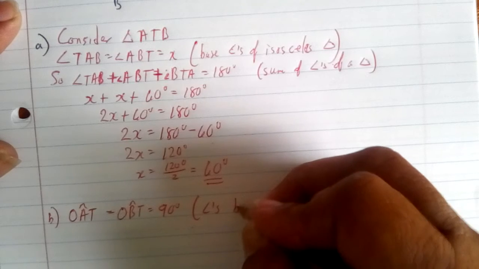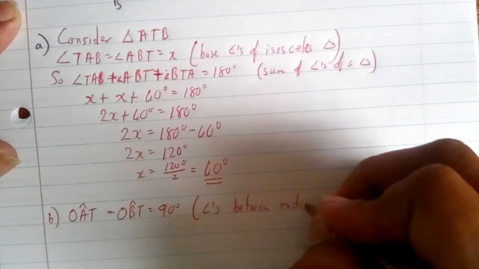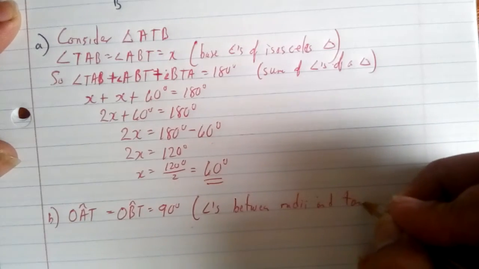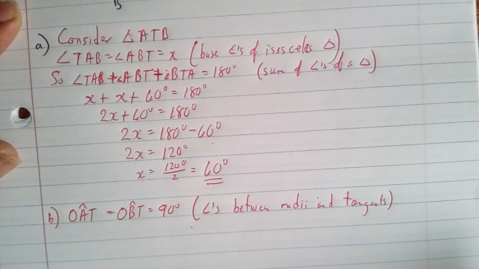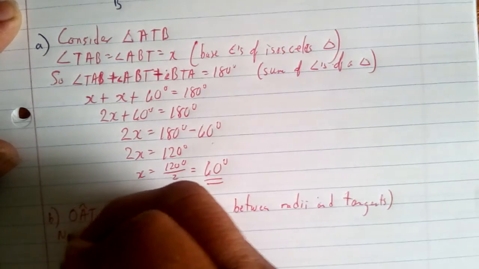Angles between radii and tangents, because we know that there's a tangent, we said it from the beginning. Okay, so we can say now, what is it that we have? What are we looking for? We can say that now